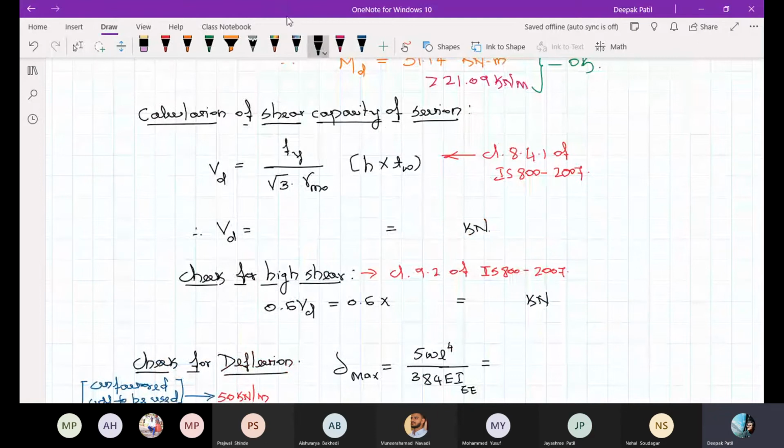Okay, now what happens here? So you have to calculate something called design shear capacity of the section. Means how you calculated MD, which was